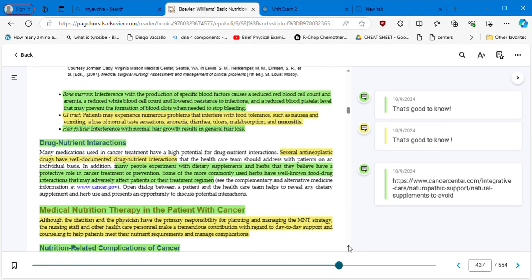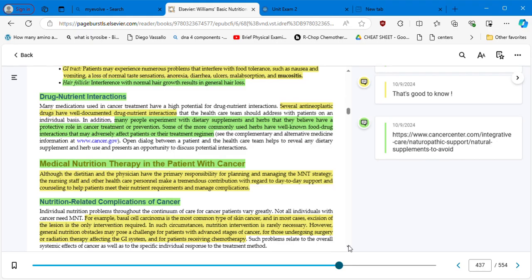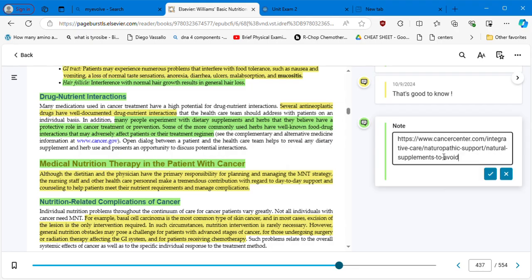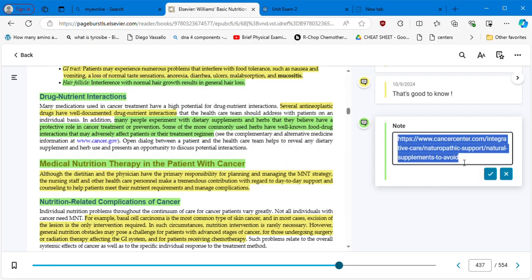So then, drug-nutrient interactions. This is very important. Several anti-neoplastic drugs have well-documented drug-nutrient interactions. And many people experiment with dietary supplements and herbs that they believe have a protective role in cancer treatment and prevention. Some of the more commonly used herbs have well-known food-drug interactions that may adversely affect patients or their treatment regimens. So I have chosen a page in